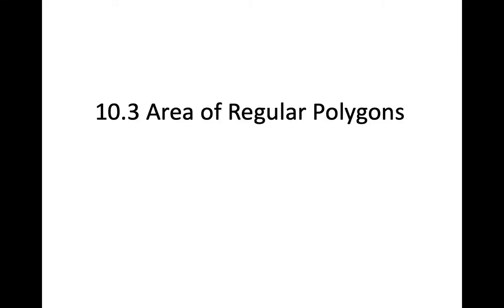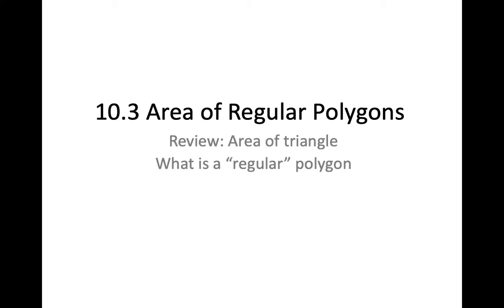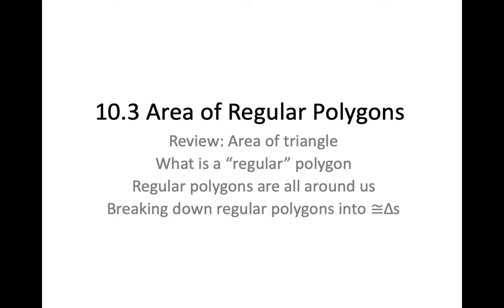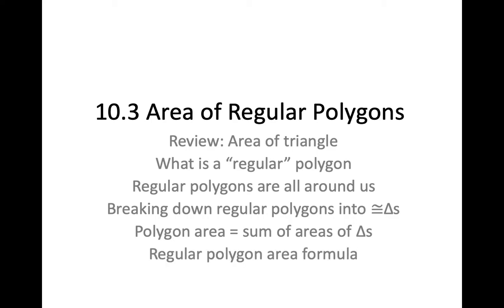Today's lesson 10.3 is on the area of a regular polygon. We're going to start with a quick review of the area of a triangle, and then we're going to talk about what makes a polygon regular, and the fact that regular polygons are all around us. Then we're going to break down a regular polygon into its component triangles, and then we'll realize that the polygon area must be the sum of the area of those triangles, and since we know the area of a triangle, we can solve for that. And then we'll come up with a formula based on those triangles,